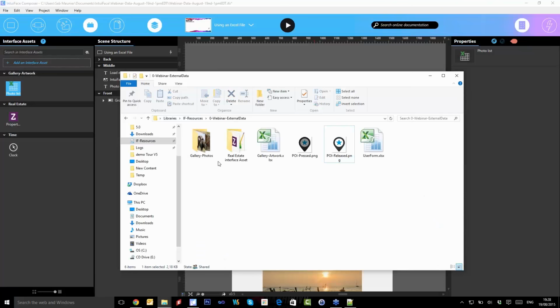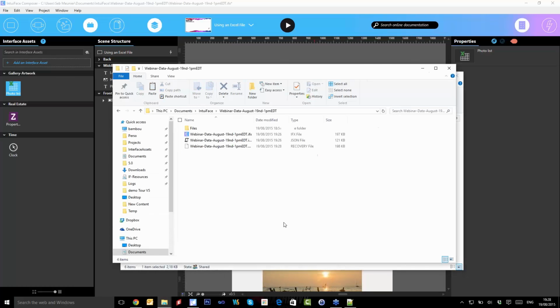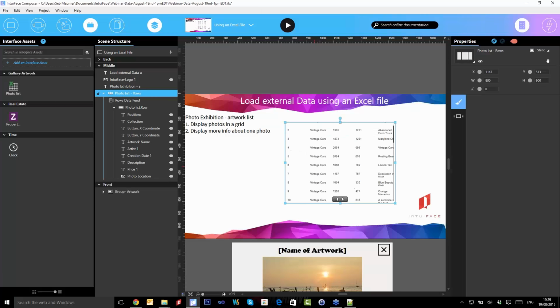And as I mentioned, here is the folder, right? So I need to copy this one and paste it into my project. So into my project, under Files, Interface Assets. Now I have a new folder here, Gallery Artwork, because I imported the Gallery Artwork Excel file. Then I can paste my pictures. Okay. So now I drag and drop my Excel file here,